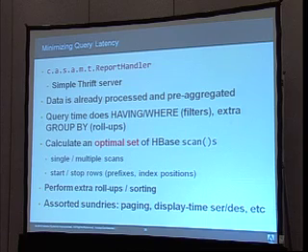What the query server does is calculate an optimal set of HBase scans. What does optimal mean? Well, in some cases, we might decide that we'll do a single scan and then discard a bunch of rows from that before doing the calculation. In other cases, we want to do like 50 small scans and then use all of the results in those. Using the slices and using the where filters, the queries that the user specifies, this report server creates the prefixes and creates some scans with start and stop rows. There's a lot of stuff that we're doing to minimize data.